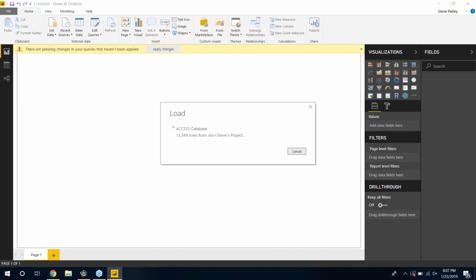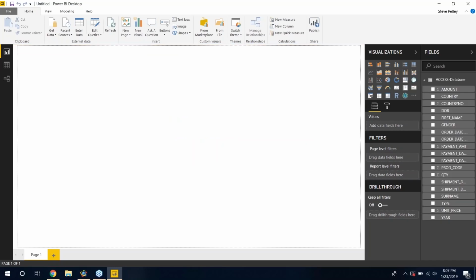You can see it going through the rows there now. All right, so now I've got access to my data and I want to show some sort of representation. I've got different field selections over here and different visualizations. Now I'm not going to go into the details of this tool in particular, but I'm going to show you,